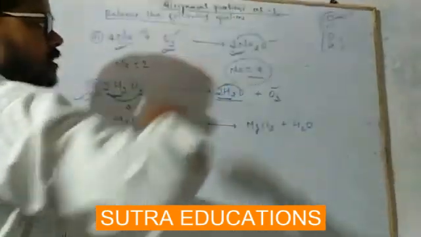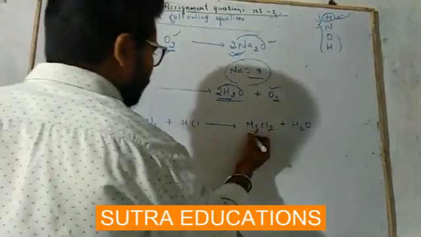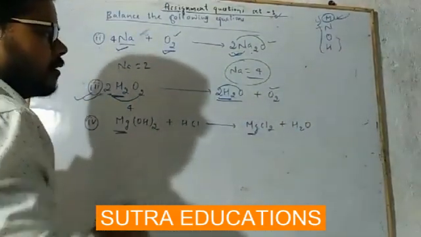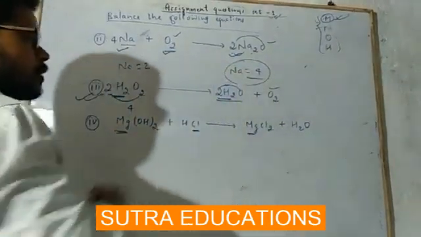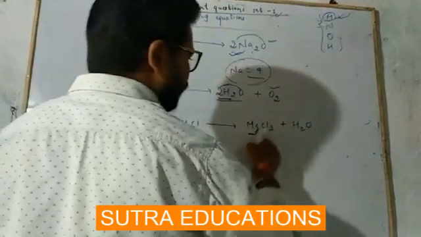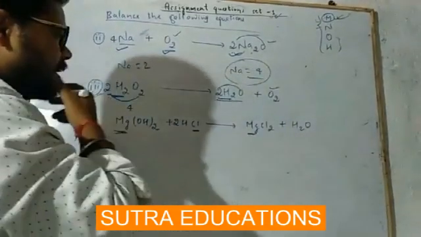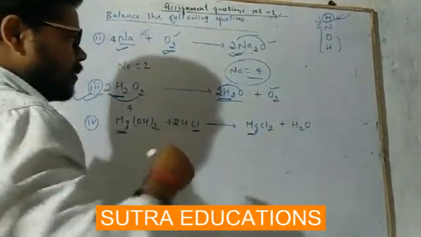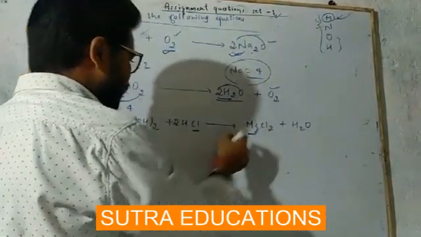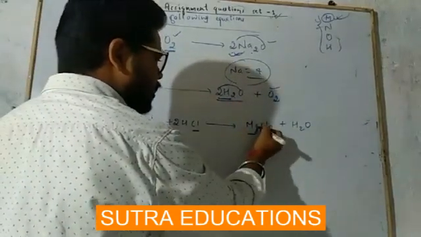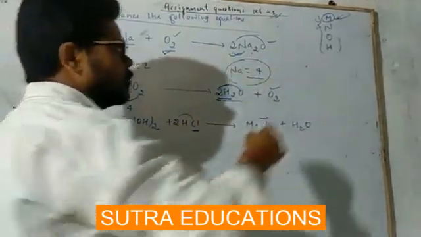Okay, first we have to search for metal. Metal is magnesium here. This side it is 1 and in the product side also it is 1. Okay, then metal is balanced, then come to non-metals. Non-metal present here is chlorine. So chlorine in the reactant side is 1, chlorine in the product side is 2, so multiply this by 2. Now check whether the metal is balanced or not. So metal is magnesium 1, magnesium here it is 1, means metal is still the same. Now chlorine here is 2, chlorine here is 2, metal and non-metal both we have balanced.